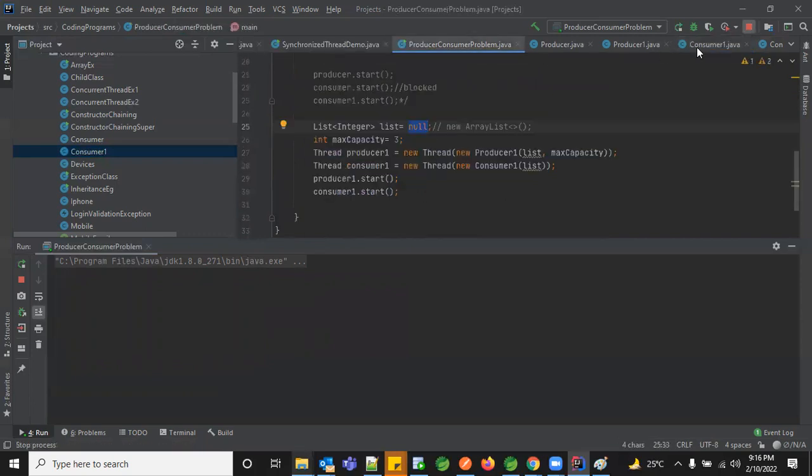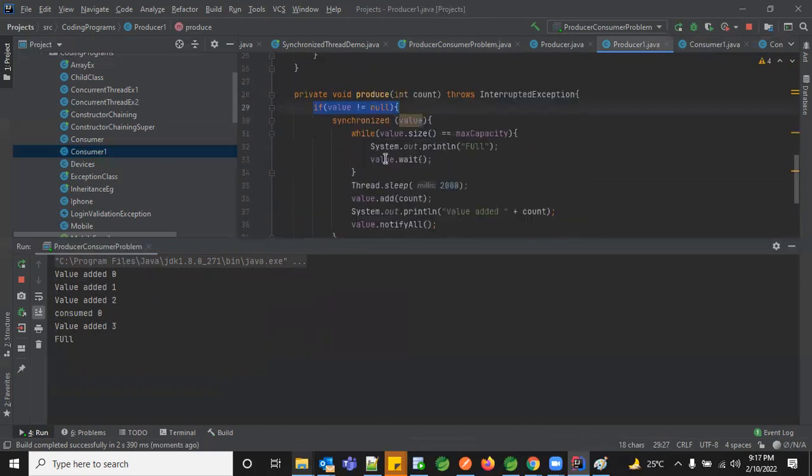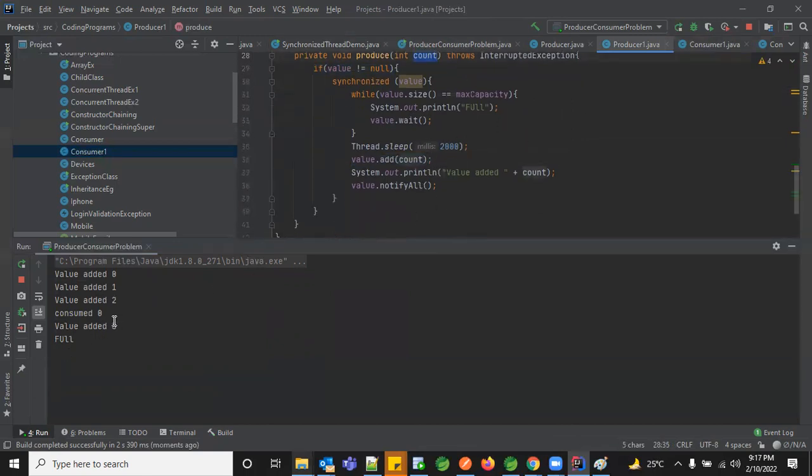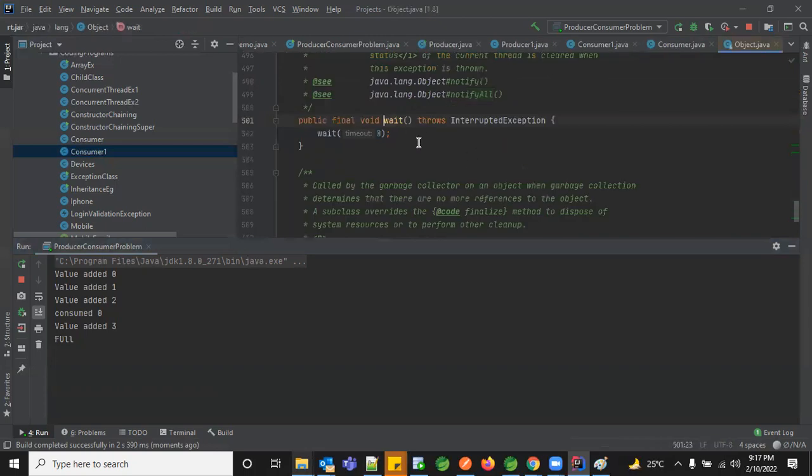So what if I create an object like this? And let me run. Your entire object creation is happening here, right? In this part, you're adding the data. Whenever there's a call happening, you're incrementing the count, and in that increment of count, your data is getting added up, right? So what happens internally in the wait or notify, it will just wait for some time. Since I haven't given any time frame, it is waiting for long.